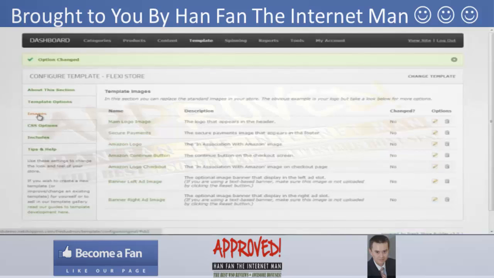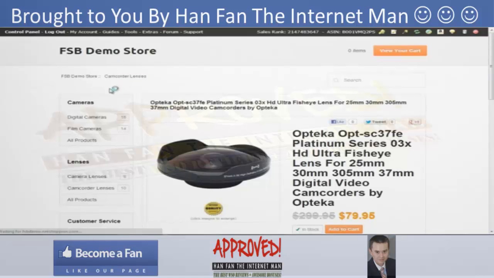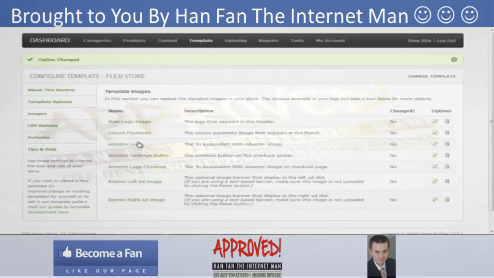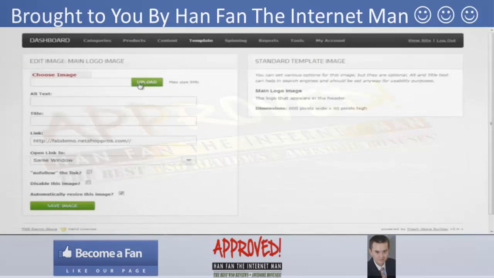And under images, it has to do with what image is used for the parts of your template that are an image. So for example, if you want to change your main logo image, the logo that appears in the header, you click on main logo image, you have your own logo image that you've created, you just click upload and then find the file you want to use,